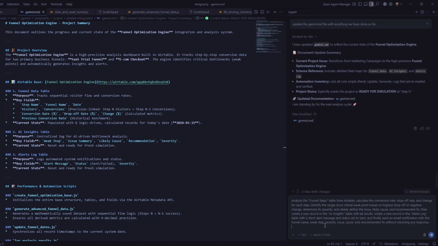So we can tell the agent, analyze the funnel steps table from your table, then calculate the conversion rate, drop-off rate, and the change for each step. Then proceed to identify the single most critical weak point based on the highest drop-off or negative change. Then determine its severity and clearly define the issue, likely cause, and recommended fix. Then create a new record in the AI Insights table with all the results. Then proceed to create a new record in the alert log table with a short alert message and status set to sent. And finally, send an email notification with the funnel name, weak step, severity, issue, cause, and recommended fix